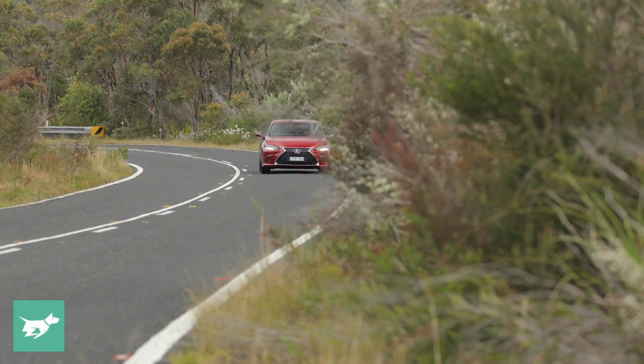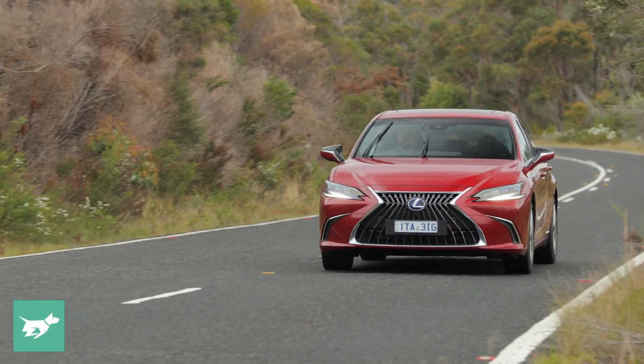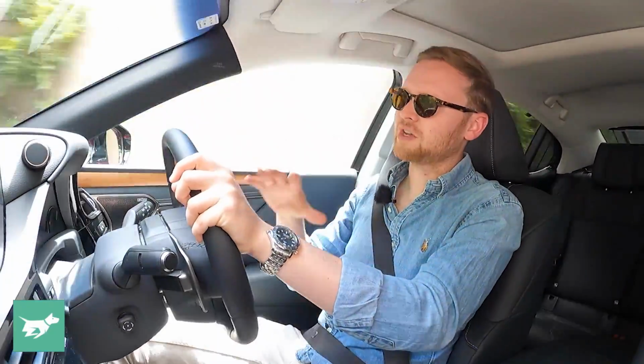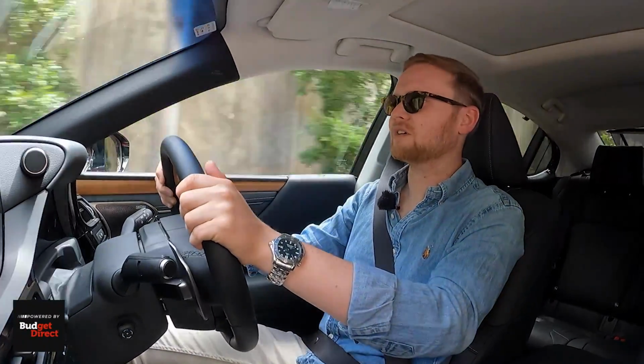It gets along well, and that electric torque just gives it that nice quick boost when you're on throttle. It's certainly not a performance model. There is an ES Sport that has larger 19-inch wheels compared to the 18s we have here on the Sports Luxury. It's also got an exclusive adaptive damper setup, where in the Sport Plus mode it has a noticeably stiffer